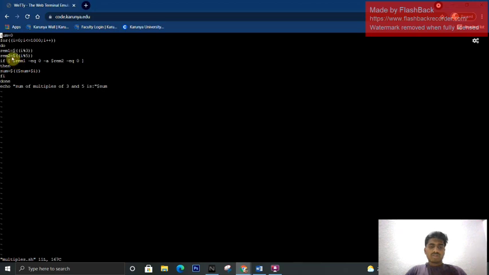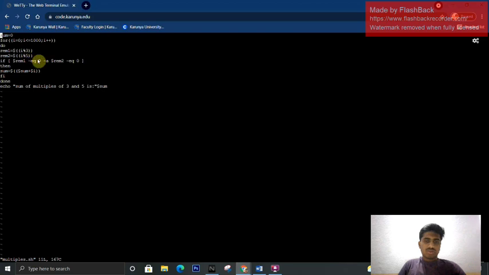If remainder1 and remainder2 are equal to 0, then it is a perfect multiple of 3 and 5. Then we take sum equal to $sum plus $i, and we're done with this.